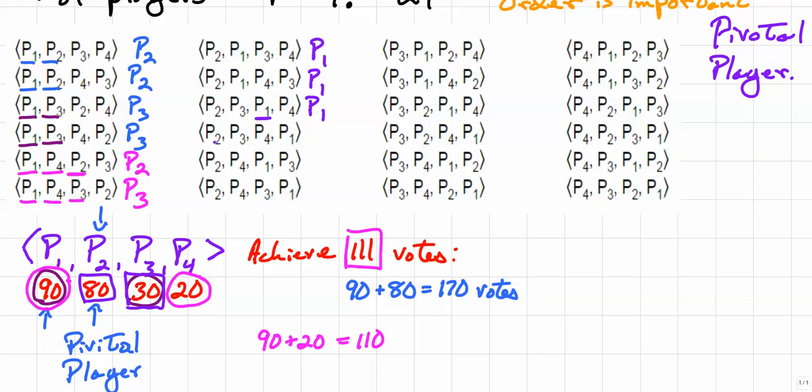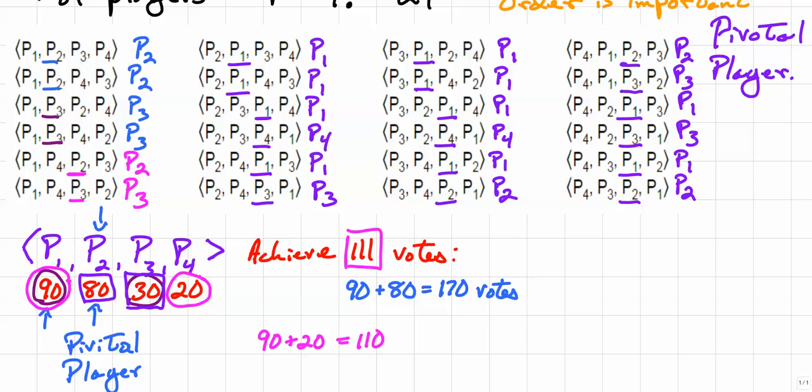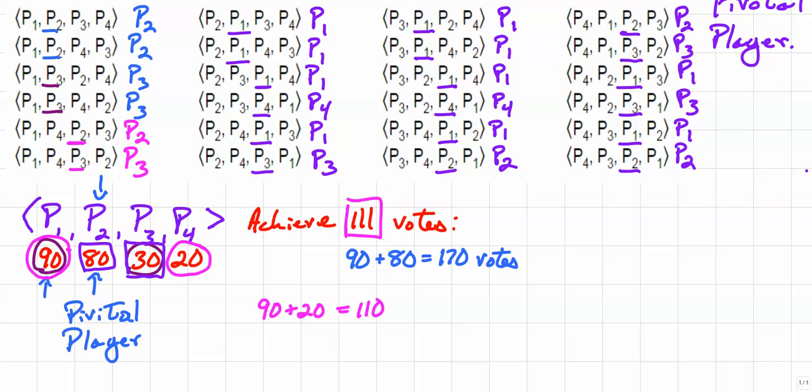So now we have p sub 2, p sub 3, p sub 4. P sub 4 is going to be the pivotal player, and then so on. So now, using the logic that we had applied to find the first couple of them, I've gone ahead and found all the pivotal players for each one of the sequential coalitions. And now what I'm going to do is go ahead and add them up to find out what number we have. So p sub 1,